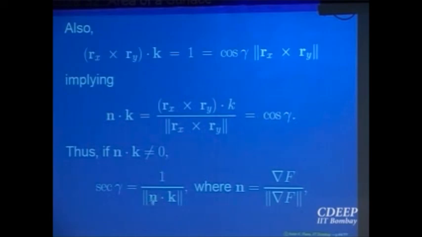But n, I can also compute without knowing the parametric equation. You see, that is the beauty of this. I want only the normal. So even the equation F(x,y,z) equal to 0 is good enough for me to know the normal, right? So given a surface in the form F(x,y,z) equal to a constant, I can directly find the unit normal, take n dot k, put that value in and compute the surface area. That is another way of looking at it, because it is useful sometimes.